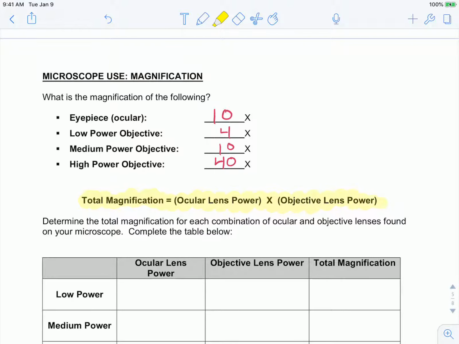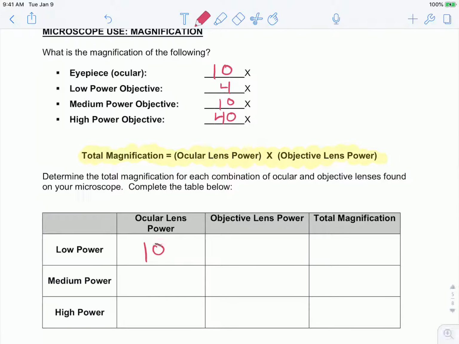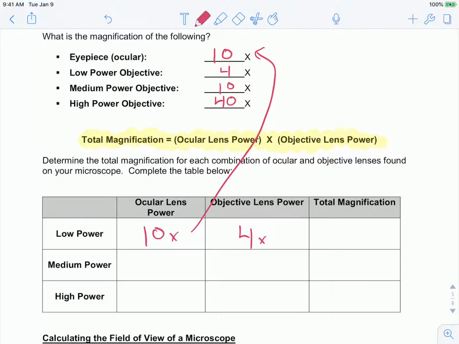Basically what you're going to do is take a look at your eyepiece and multiply it by your objective lens power. And that's it. So for instance, we'll do the first one together. For low power, our ocular lens will always have this magnification. In this circumstance, our magnification will be that 10 times. So it says up there, our magnification for our ocular lens is 10 times. So what's the objective lens on low? We said, okay, that's 40, or sorry, 4. And then if I want my total magnification, I take my ocular lens, multiply it by my objective lens, so 10 times 4